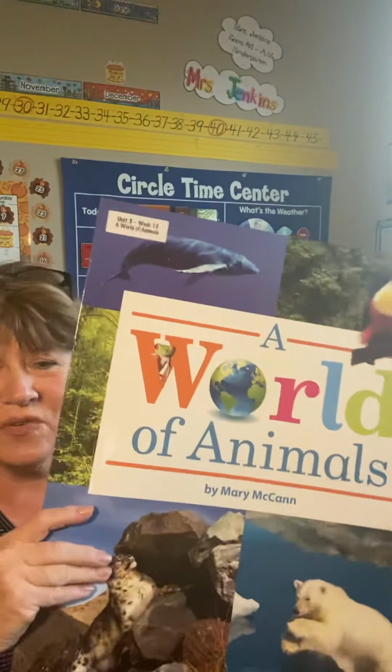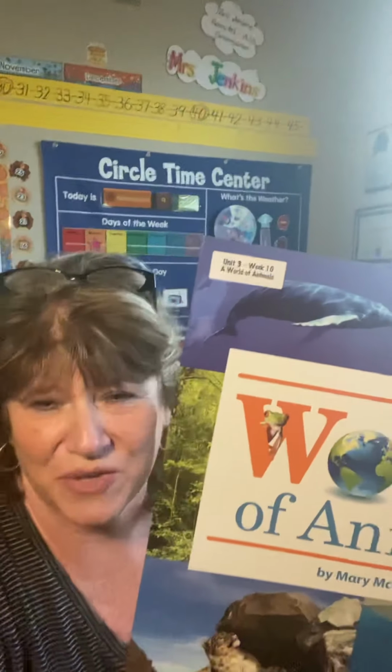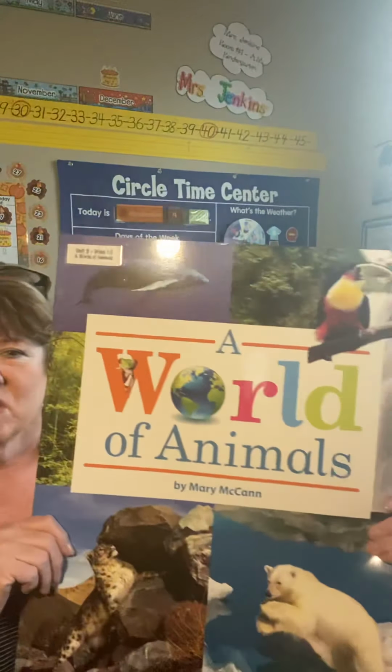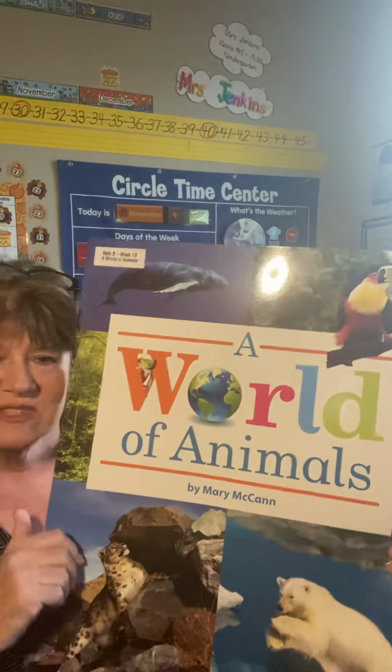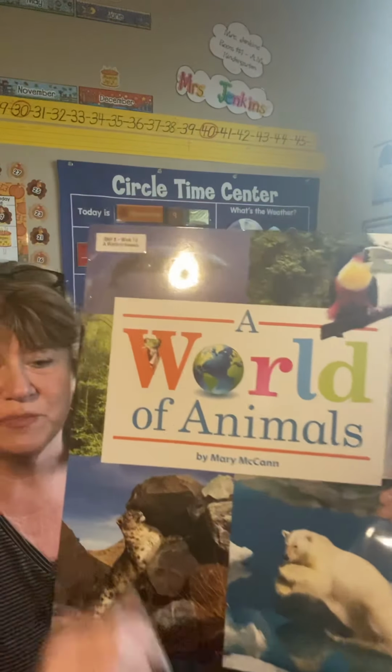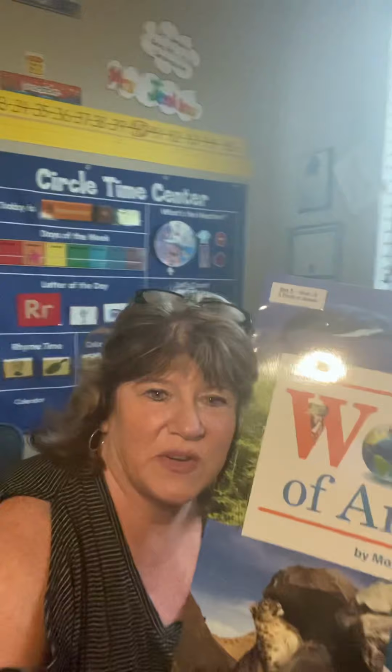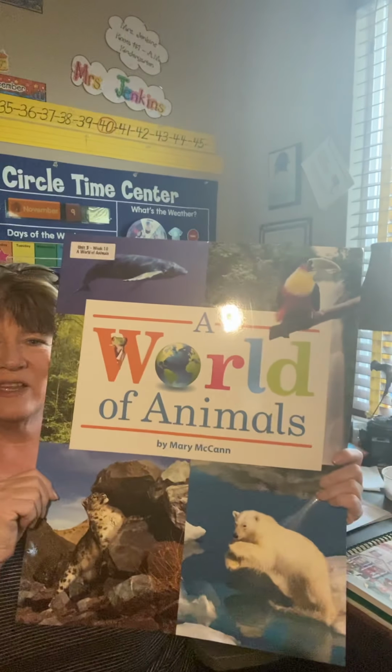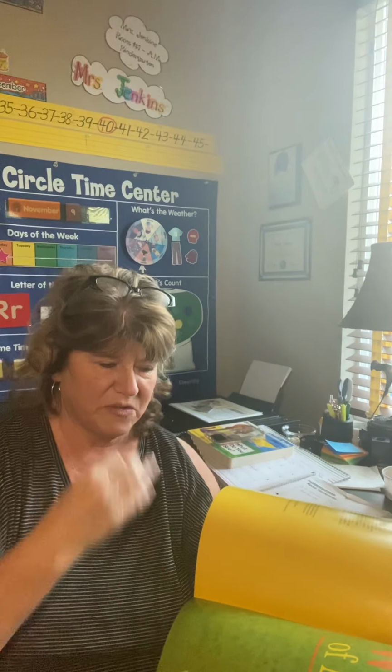This is a beautiful book. I just love all the Nat Geo books, but this big book is called A World of Animals. It has beautiful pictures, but it is a really big book, so I might have to scoot back a little bit like that. Okay, A World of Animals. It's about animals that live around the world, and then it shows you the photographers that go wherever they live to take beautiful photographs of the animals,